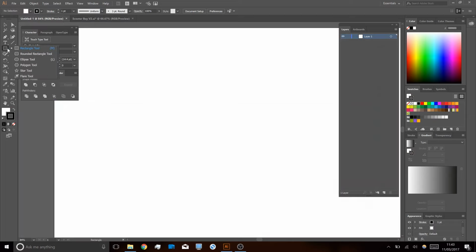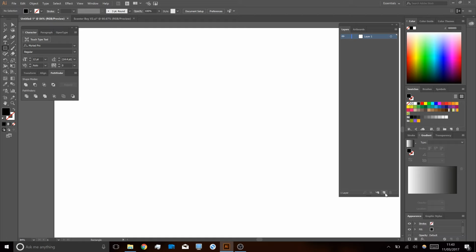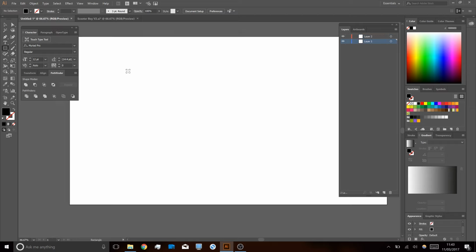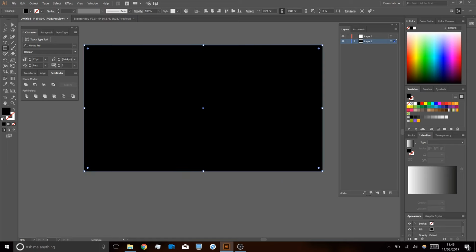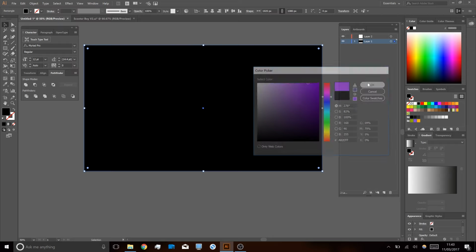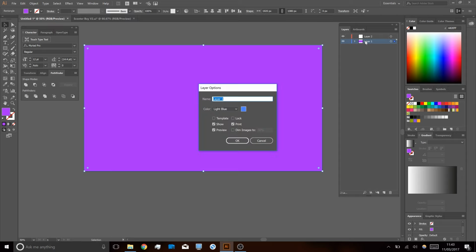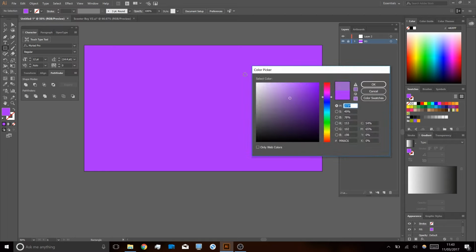So first of all, let's draw our torso. Actually, let's put in the coloured background to begin with so we can choose our colours properly afterwards. We're going to go for a purpley colour, something like that, and we'll just call this BG, and we will lock that layer. So now let's do our torso,